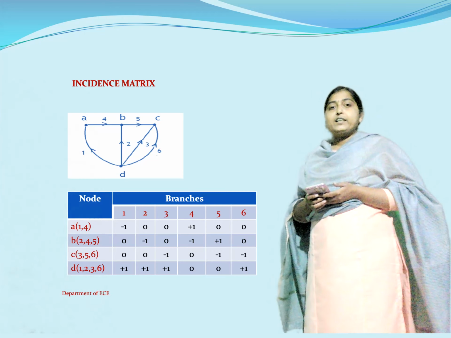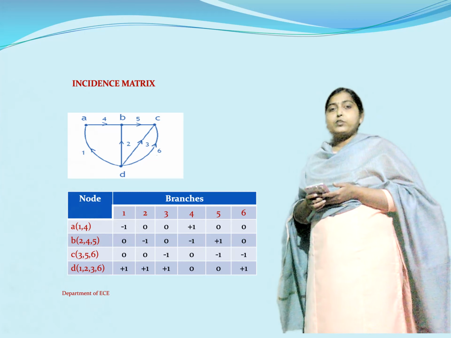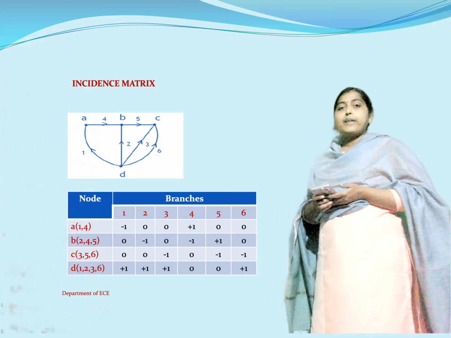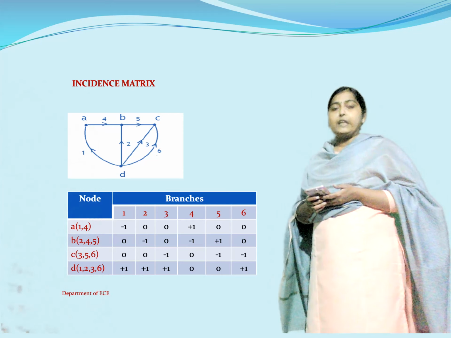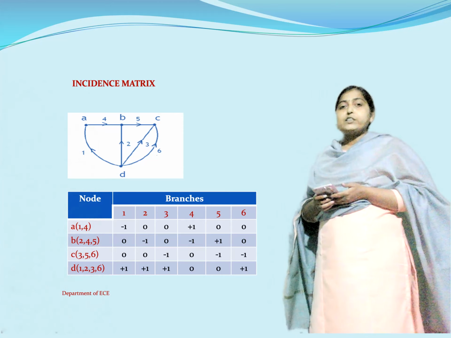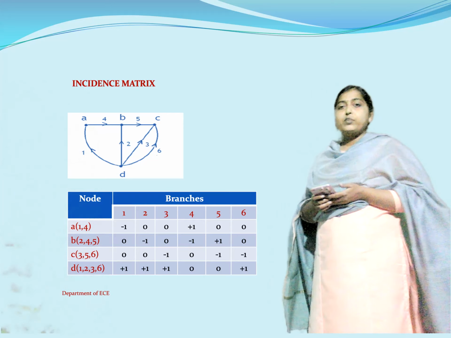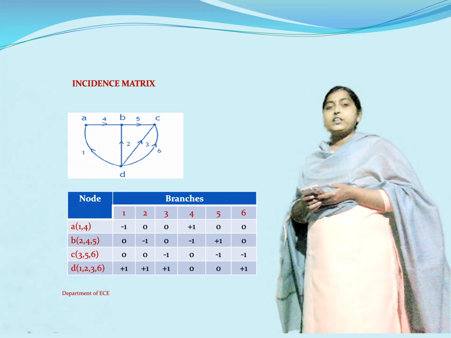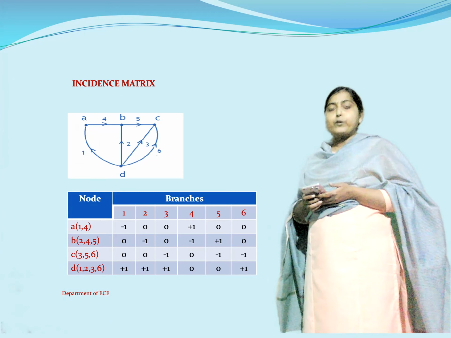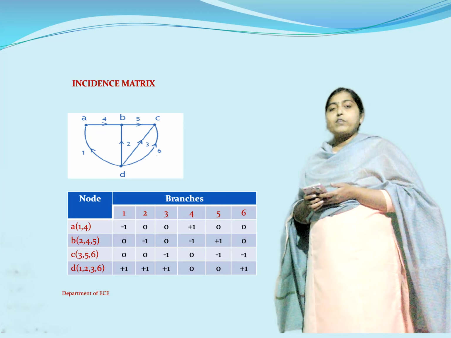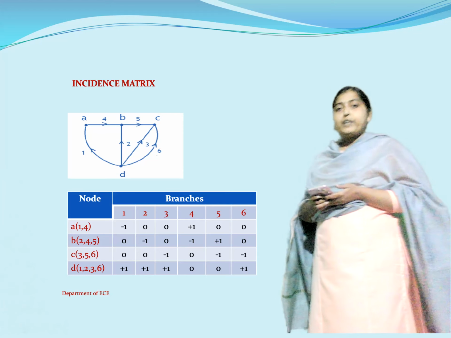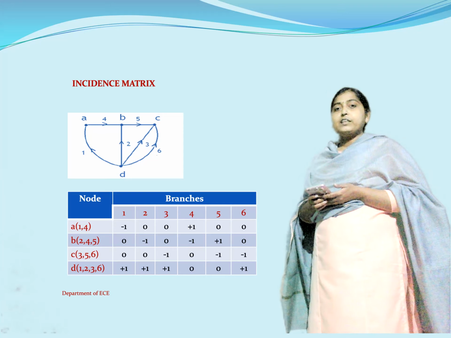So after writing this, how do we fill this incidence matrix? In order to fill this incidence matrix, now you have to see the branches which are associated with node A. So listen carefully. Now first row I will tell you how to write. Based on that you can write the remaining 3 rows. So first node is associated with 2 branches 1, 4. That means to this node only 1 and 4 are connected. That means the remaining branches do not come under A node. That means except 1 and 4, you fill zeros in the remaining branches.